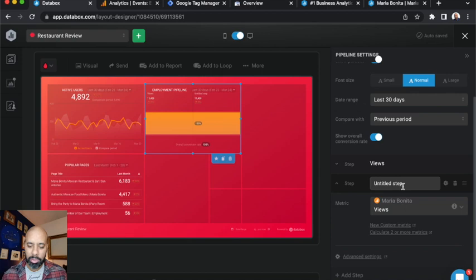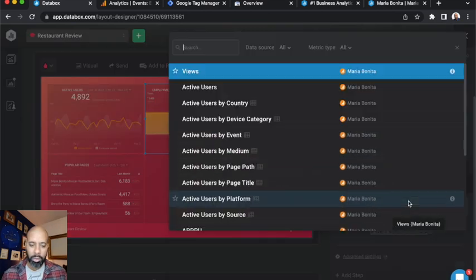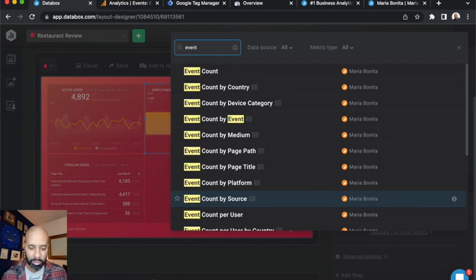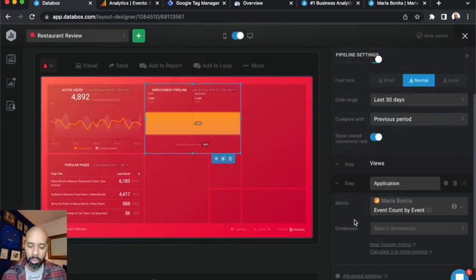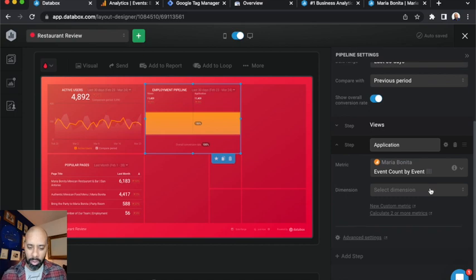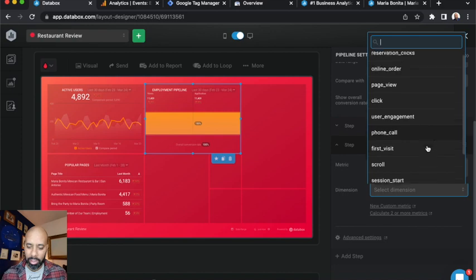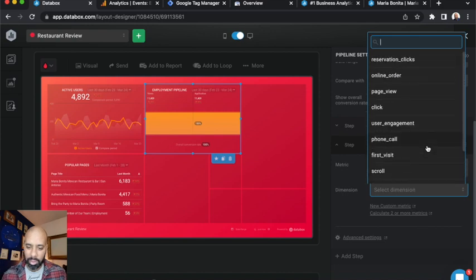This one is going to be applications, right? So this is people who are actually submitting an employment application. We just have a web form, I think. Actually, we have a Typeform on the website. So we're going to go with event, because we have a custom event set up for that. Event count by event. And then this is where you can use that dimension, right? So instead of just counting all of the events on the website, we're going to find the one that we need for this specific instance, which would be,